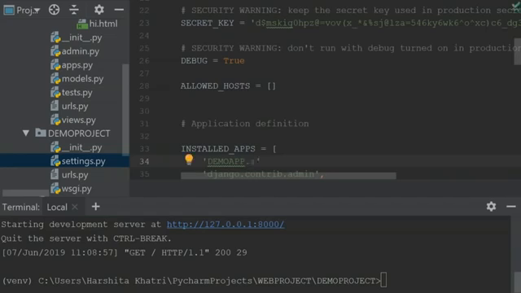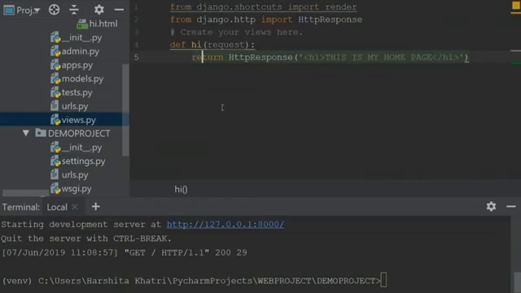So let me get back to this. Name of my app, which is demo app, dot apps, dot the name of the class that we've copied from there. I'll just paste it over here. And I'll specify a comma after this. Now from here, I'll go back to my views.py file. And instead of this HttpResponse, I'll be using the render function. So I'll just remove this.